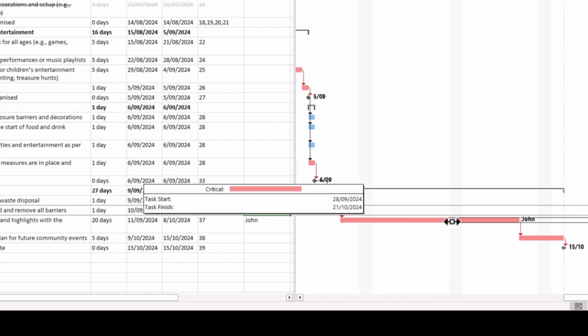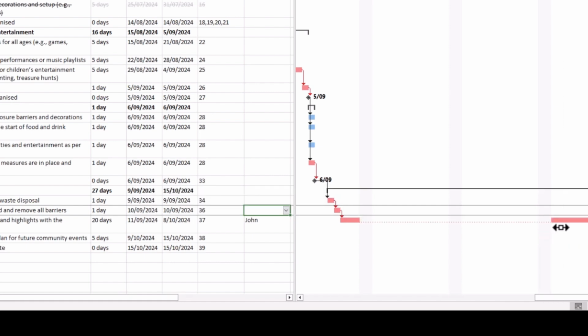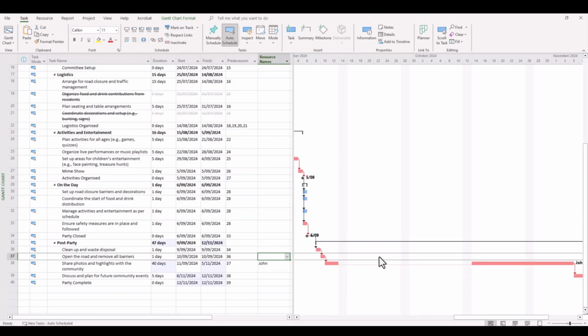So we might say we'll move it to give John close to a month off. So 6th of the 10th, 8th of the 10th, 10th of the 10th, 12th, the 14th. We might stick to the 14th. And then release. And there you have it. You have now a break or a split in that task. So John is no longer activated in that task.